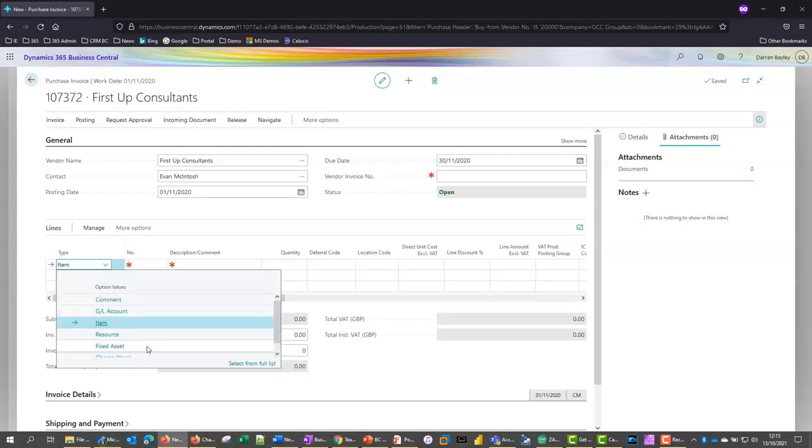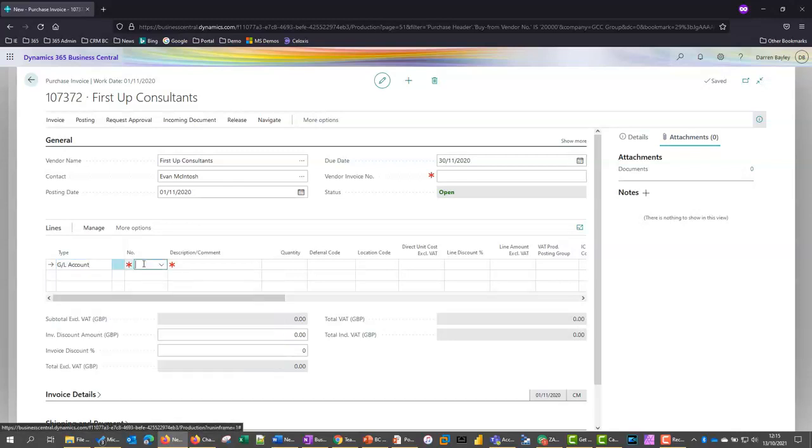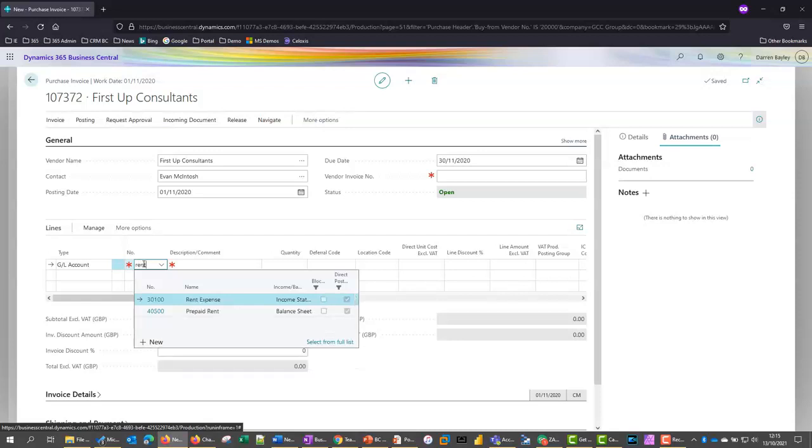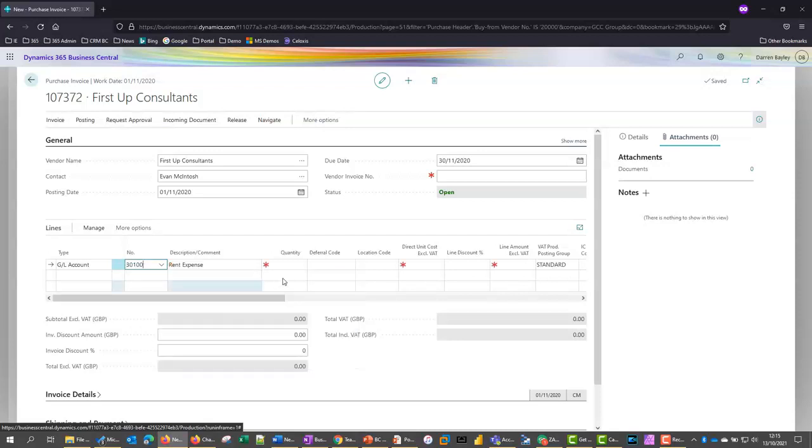If you use the item charge here, you can then spread that freight and duty cost across a receipt and share it based on the items received, or the weight, or the volume, or you can just enter values in, and that will then retrospectively increase the costs of those stock items, so you're getting the correct valuation of your stock items. But if I just choose one here, that is GL code, so I just need to type in my amount, pick up rent expense here,